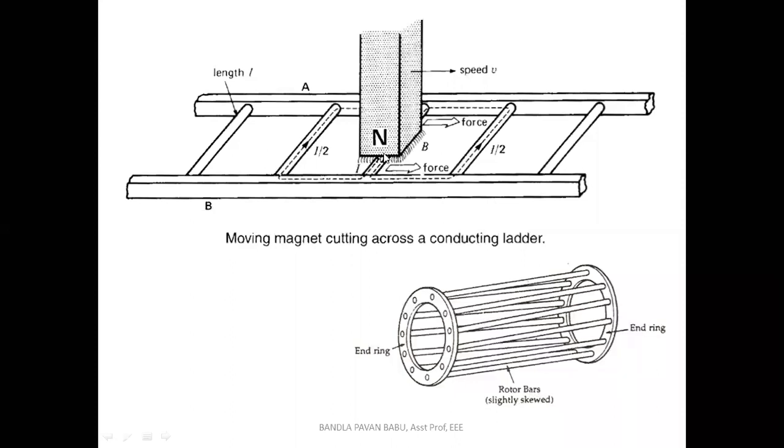There should be some difference between the rotor and the field, that is, the stator magnetic field and the rotor. For example, earlier we moved the permanent magnet, but now consider keeping the permanent magnet fixed and pushing the ladder towards the right. That means we are making it unstable and trying to pull it forward. Then what happens? Here the induced EMF is constant.